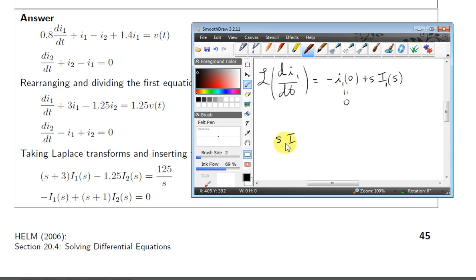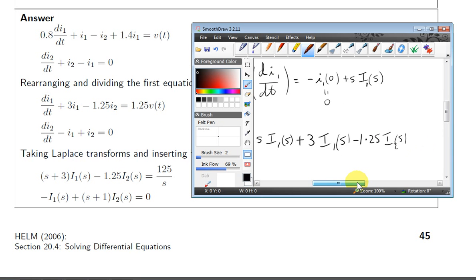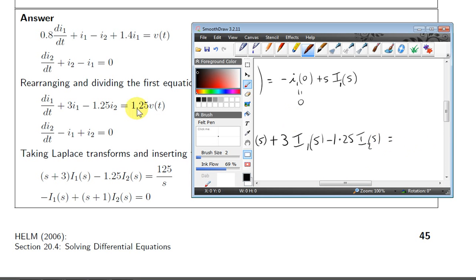So we get s times big I1 at s plus 3 times big I1 at s minus 1.25 times big I2 at s,